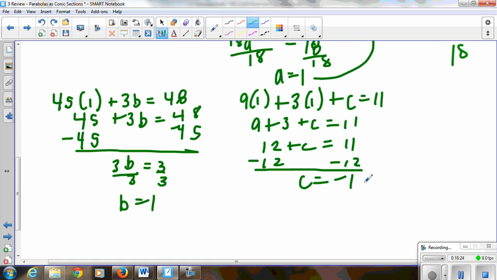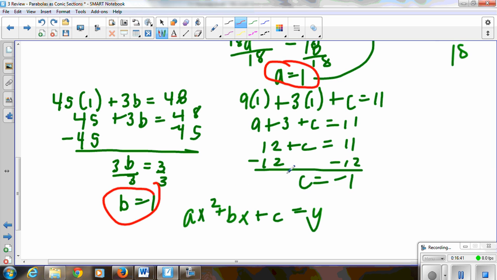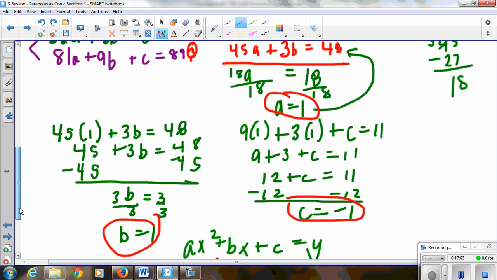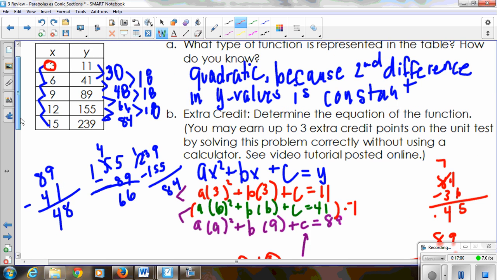So now I have the coefficients for my standard form. Remember, the standard form of the equation is ax squared plus bx plus c is equal to y. So now when I rewrite my equation, I'm going to plug in what I know about a, b, and c. And so we said that a is 1, b is 1, and c is -1. So that means I'm just going to have 1x squared, or simply x squared, plus 1x, or simply x, minus 1 is equal to y. And that is how you can use systems of equations to come up with the equation to model a set of quadratic data. I will say that the problem on the test is pretty tricky, so be very careful with